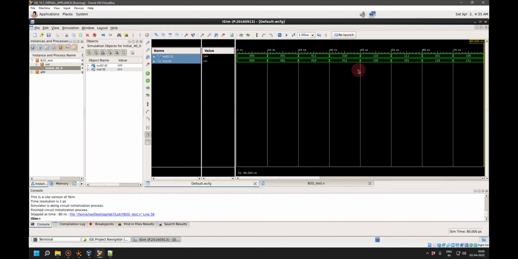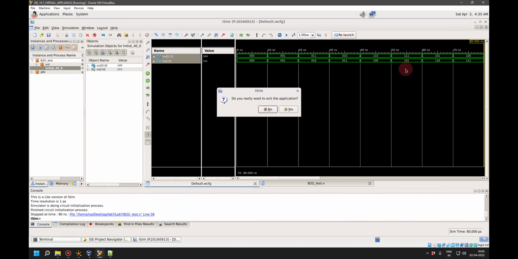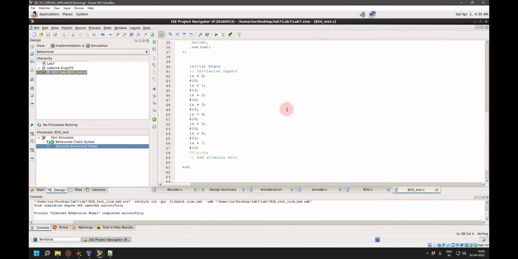Similarly, you can make gray to binary also. So you can try it out yourself. So this is one way which I wanted to show you. Okay. Then also